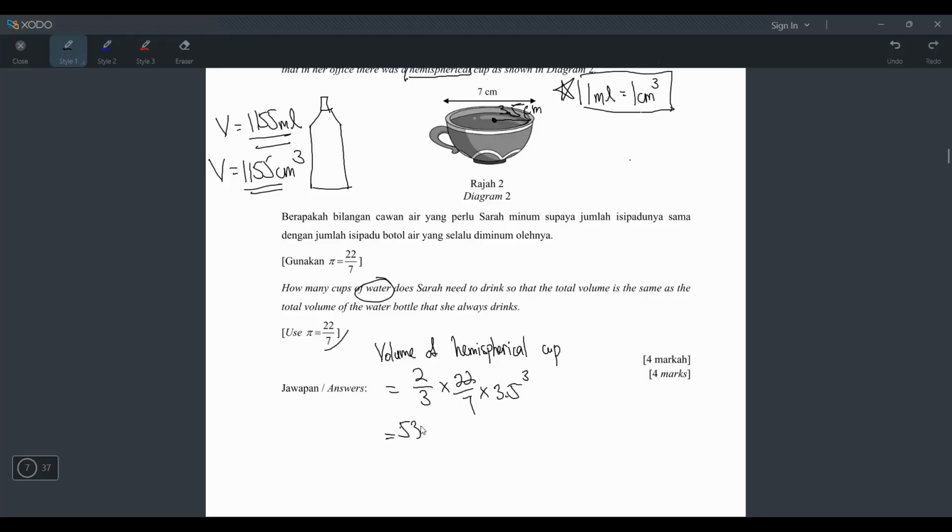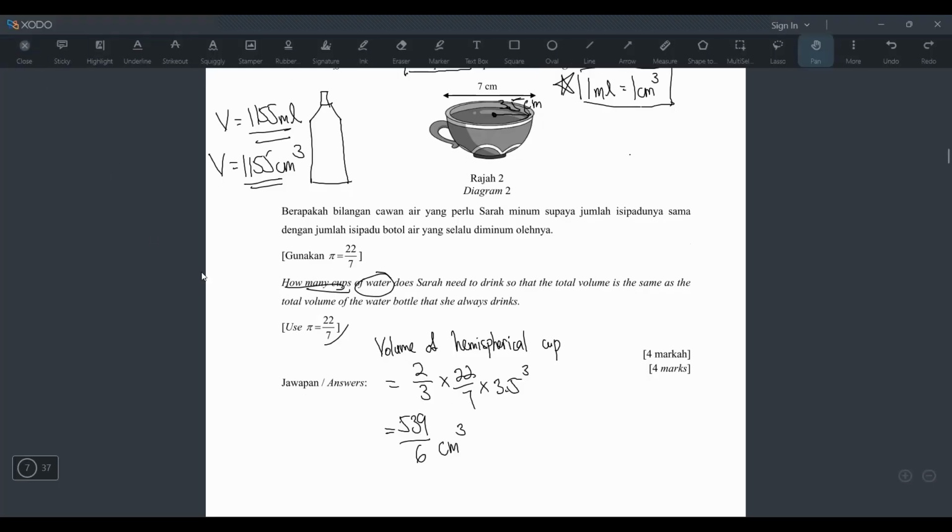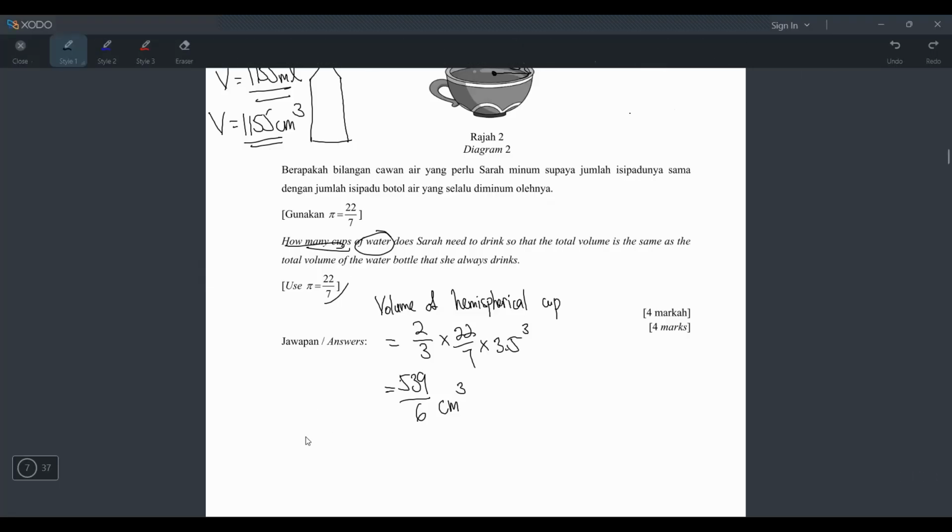539/6. Okay, you can write in decimal also, but in decimal they give me like 89.83333, so I don't like it because the decimal goes on forever. So I will just write in fraction. And after I write in fraction, this is not the answer yet. They ask how many cups of water, right? So how can I know how many cups? So I write number of cups